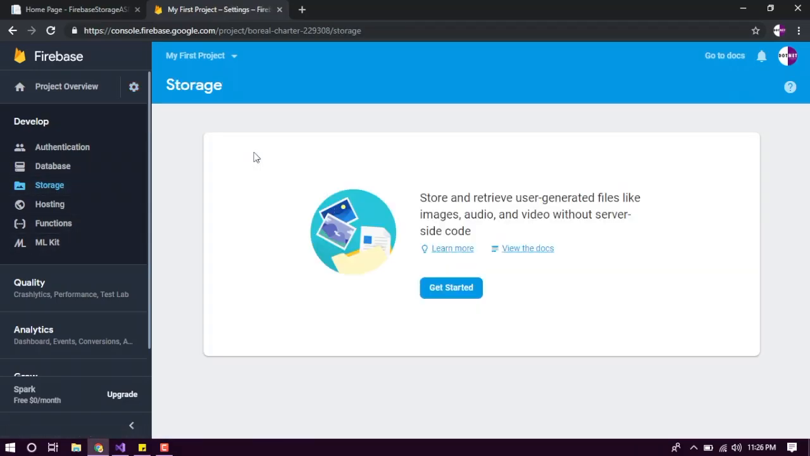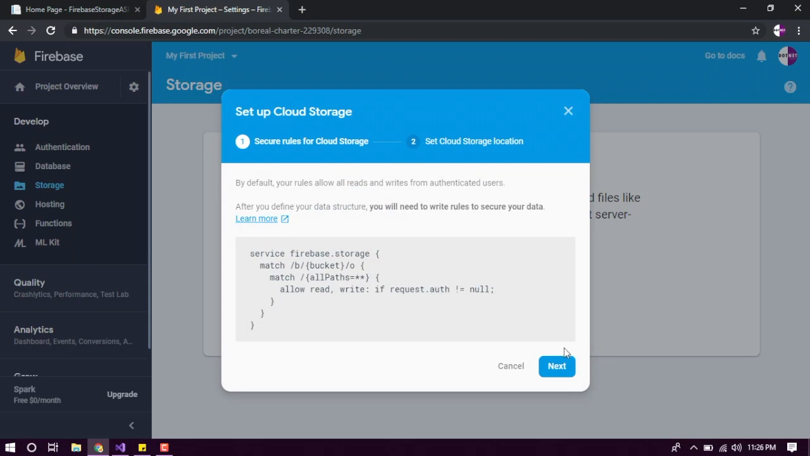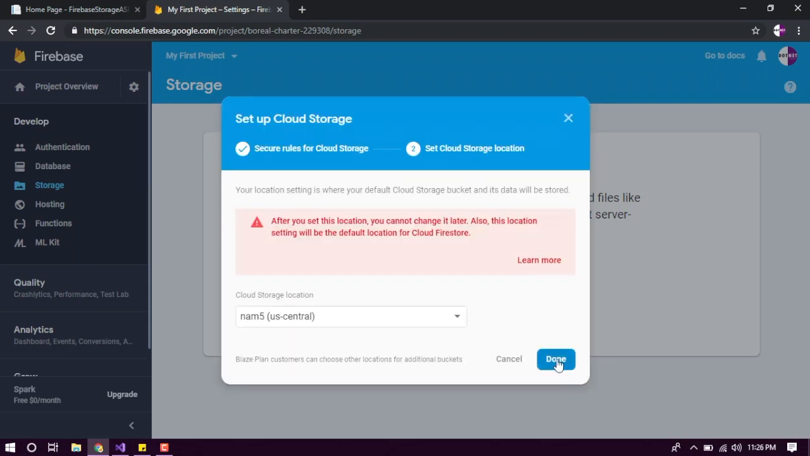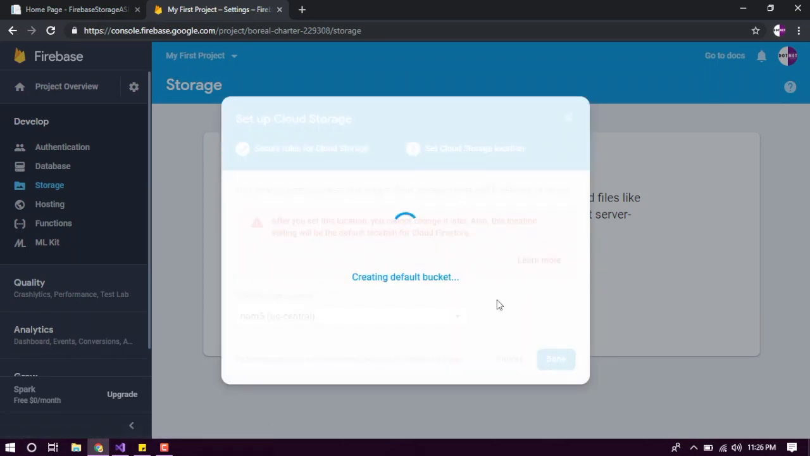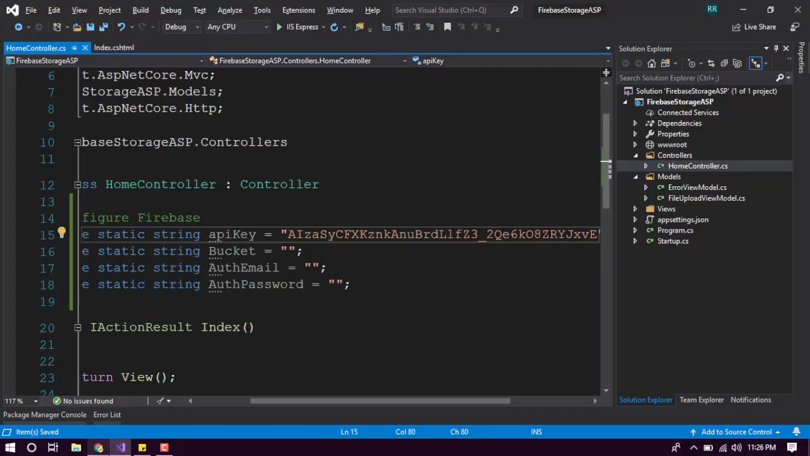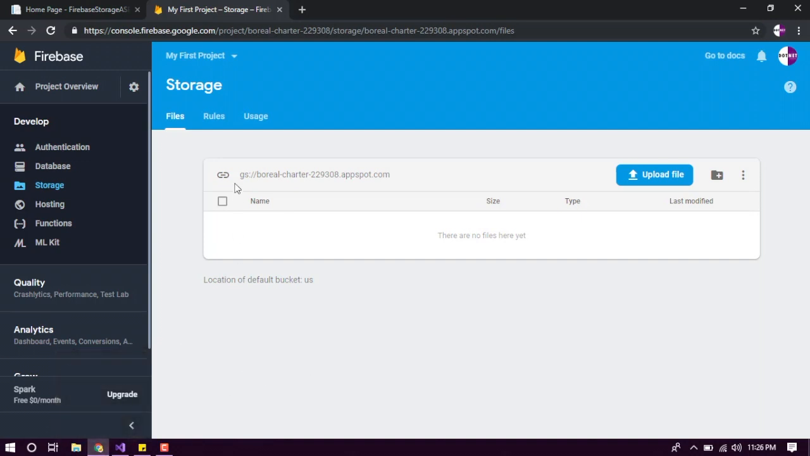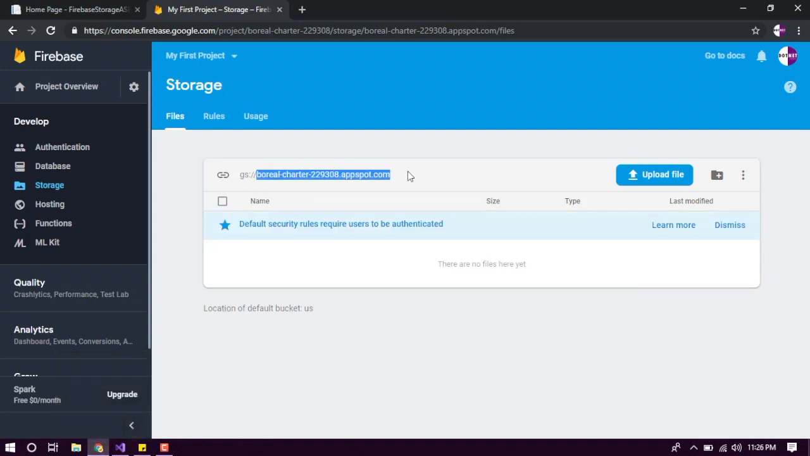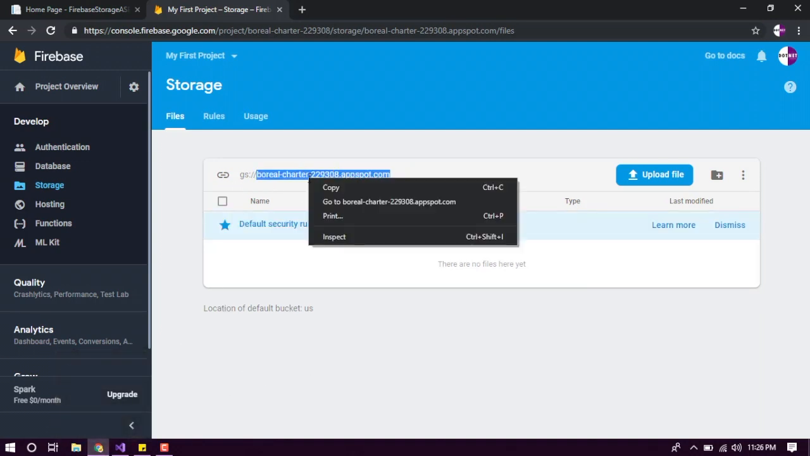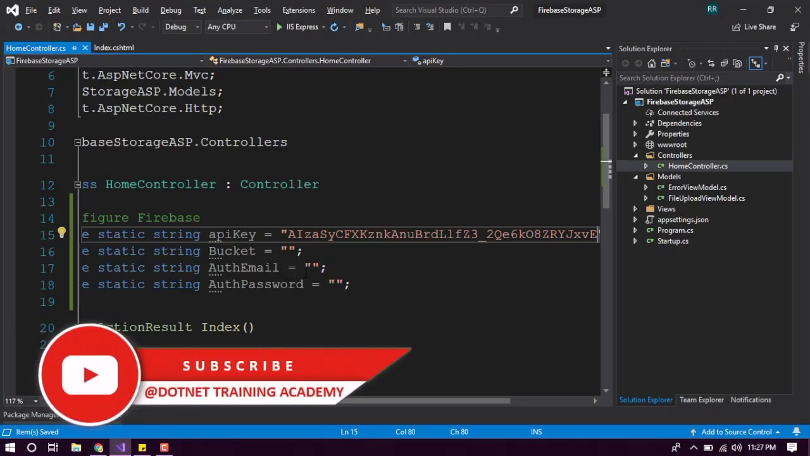and then go to the storage, get started, and click yes, and click done. It will create our default bucket for us, and in that bucket it will generate a URL, and we have to paste it over here. So once it's created, it will generate a URL, and you have to copy that URL and paste it over here,